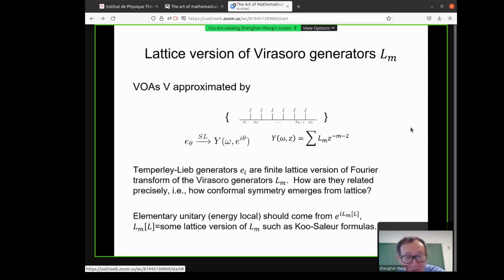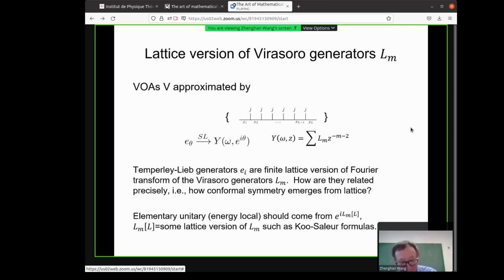So you want to take a scaling limit, and it turns out the template algebra is kind of limiting to the conformal field. And so you can see that a local template generator is really non-local in the energy basis. I think this is a difficulty in the simulation, which is that we have two local bases. The vertex operator algebra is defined in terms of the local energy basis, but the finite dimensional approximation using template generators is in the real space. So we have a duality here.